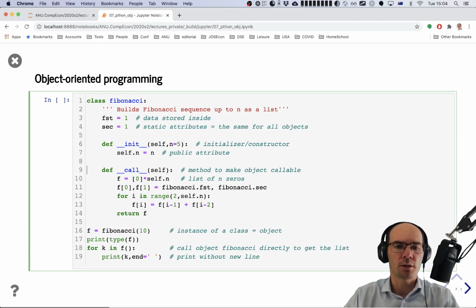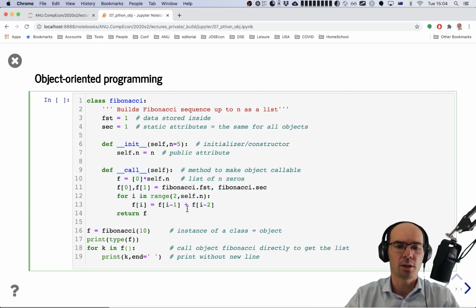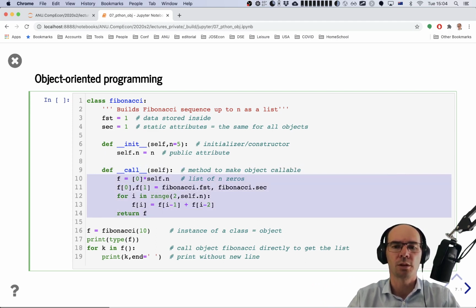And then another method, another function inside of the class, defines the method which is called when we write the object name with parentheses. So we're using the objects produced from this class as functions. And if we do, then this method is called here, and it basically does the work similar to how it was done in the procedural